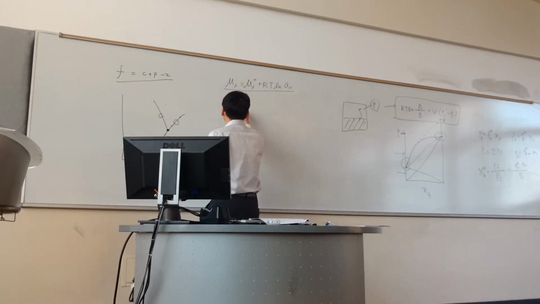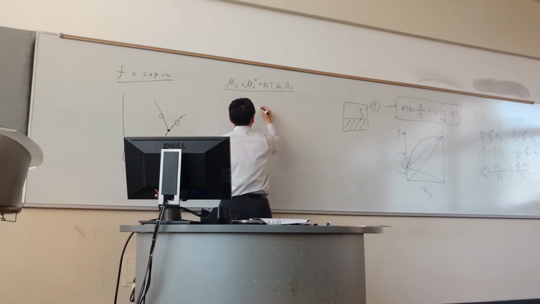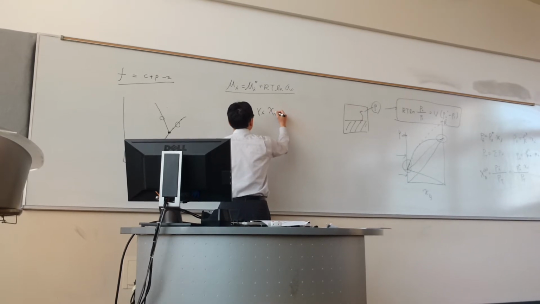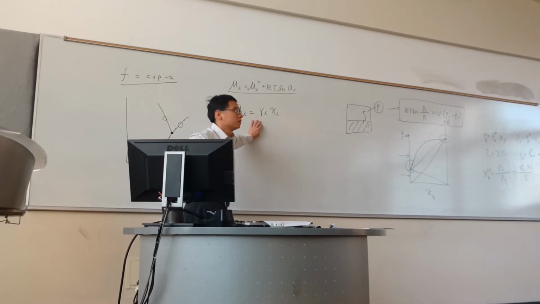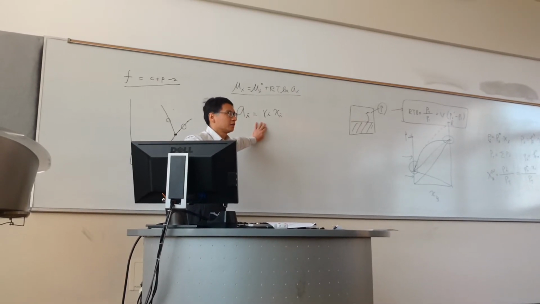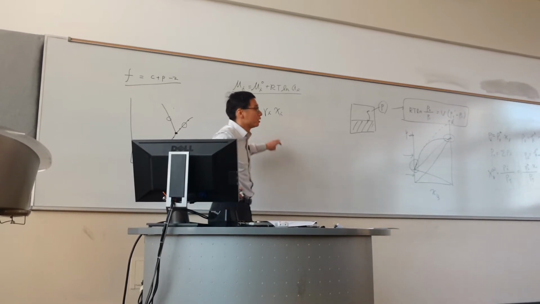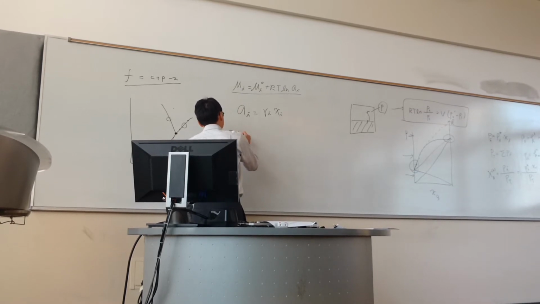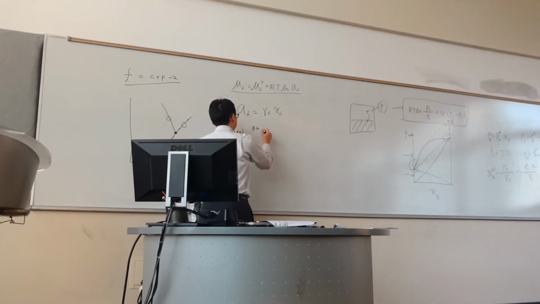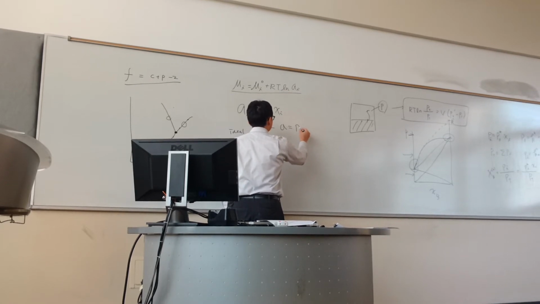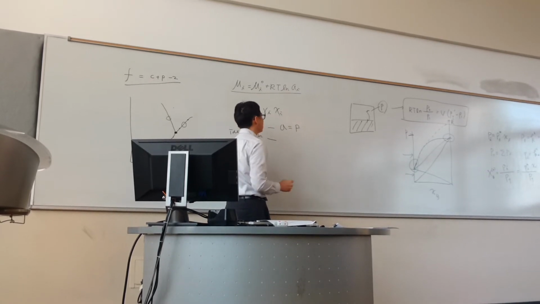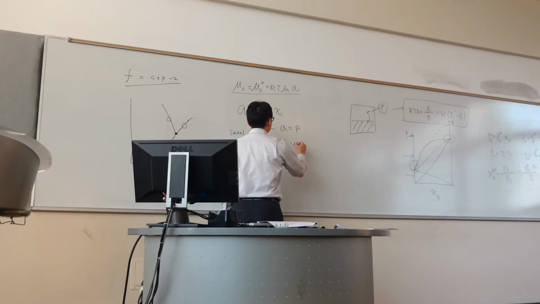And then a_i is equal to gamma_i times x_i. So a_i is your activity, gamma_i is your activity coefficient, and x_i is your mole fraction. You should know for the ideal gas, your a is just equal to your P. For the ideal solution, your a is going to be equal to